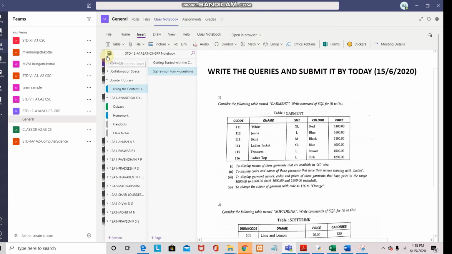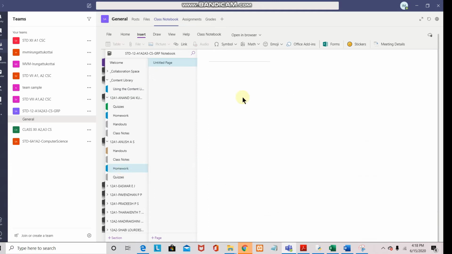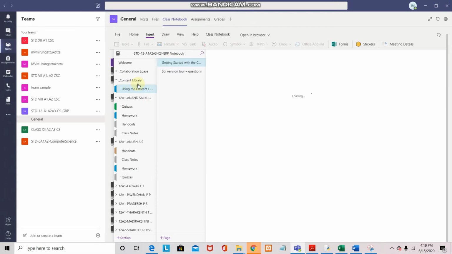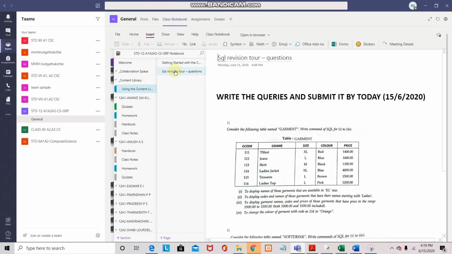Now I'm moving back. By clicking the same arrow mark, I can see this getting appeared. When the student is seeing, for example, the first person Anand is seeing, he can see only his homework getting appeared. So each and every homework, whichever they are going to submit, will be appearing here and we are going to correct it. I'll just show a sample how I am going to correct it and send it back to the student.